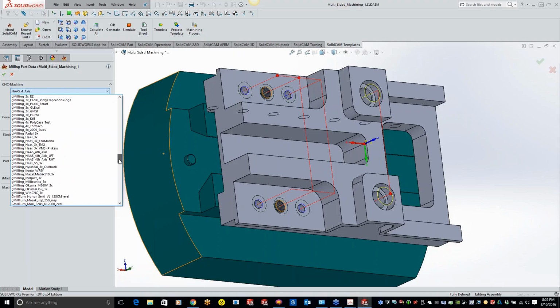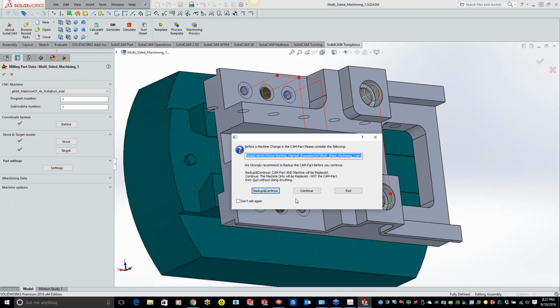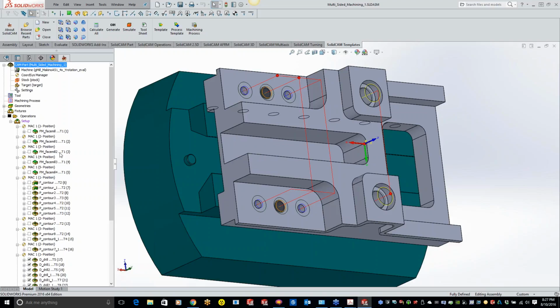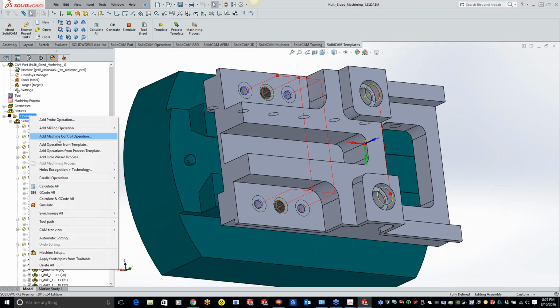If you see Makino on the list. Like Sam said, if you don't have a Makino, Kevin, a Haas is totally fine. So if you can't find one, how about an A51? Well, you're getting pretty specific now there, Kevin. That's pretty good. This is actually the machine I used to run a lot at the old machine shop I was at. Okay, so let's just do a calculate all real quick.